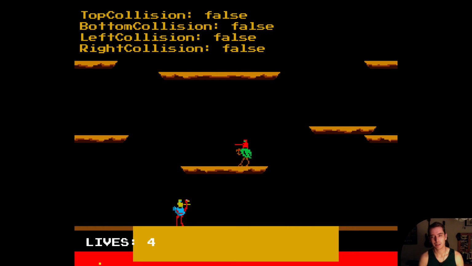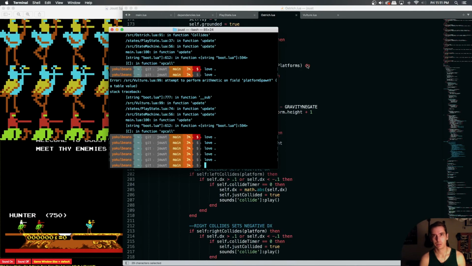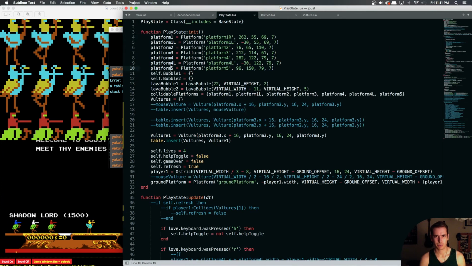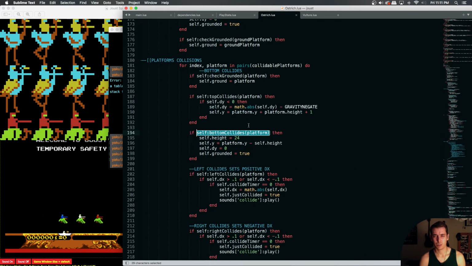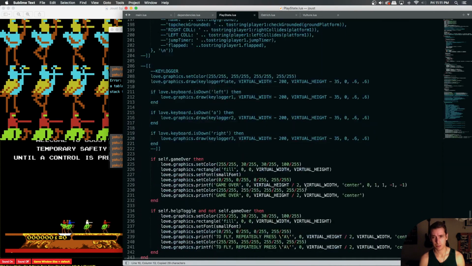Yeah, let's give it the middle platform here, this last platform, whatever that one is. Platform 6, platform 5. We'll take this code, and then we'll go to our place state, and then we'll say,